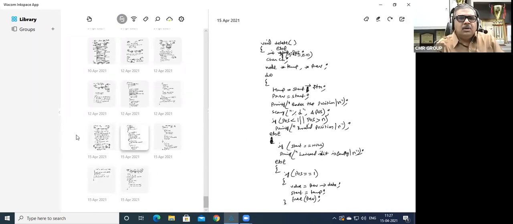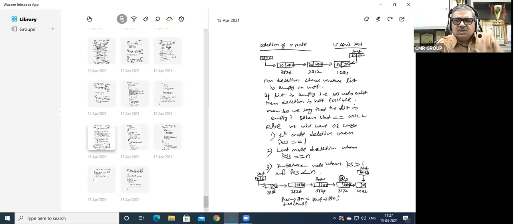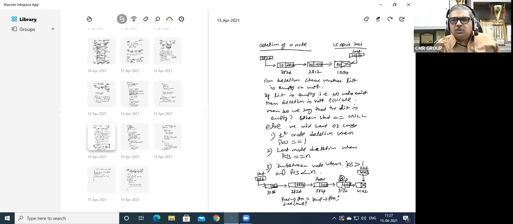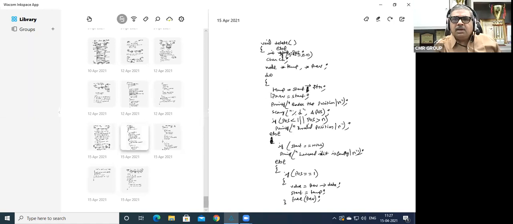In the deletion program, this is the first node, this is previous and this is temp initially. Afterwards, after movement, this is previous and this is temp. For example, you want to delete the fourth node, then this is temp and this is previous. Even if you want to delete the first node, initially what did we do? We have taken previous is equal to start, and temp is equal to start arrow PTR. The start arrow PTR value is nothing but 2826, the second node. So temp is equal to start arrow PTR and previous is equal to start.